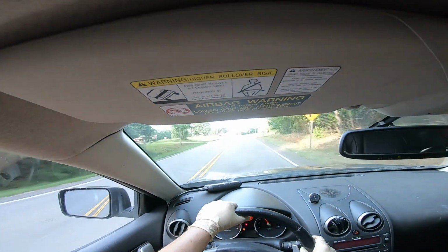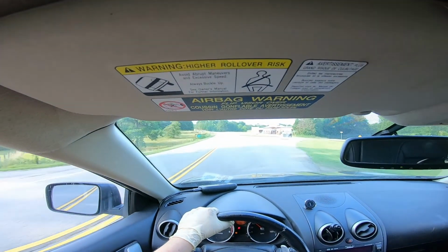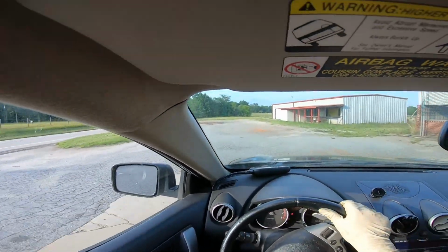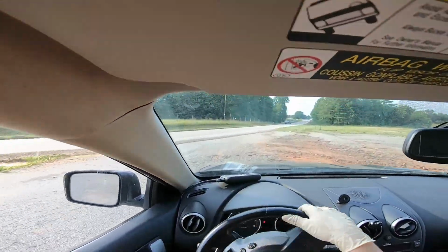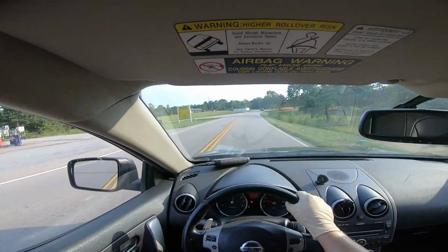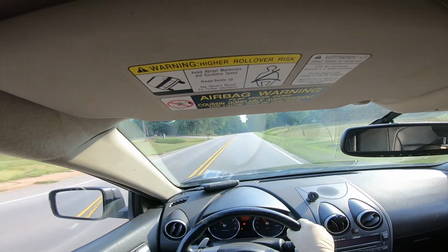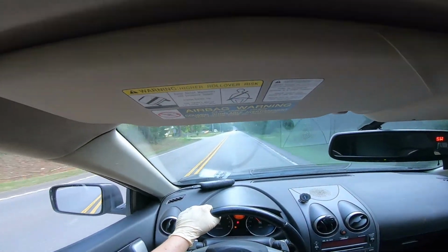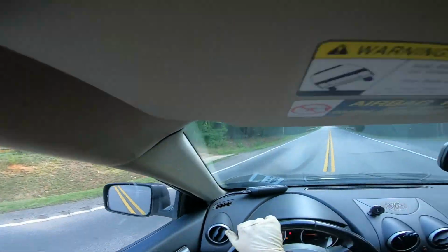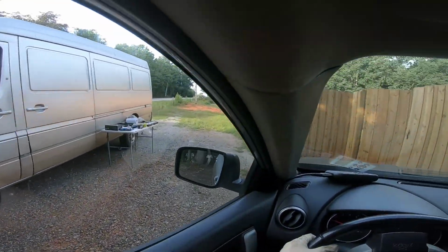So we're going to turn around by that gas station. I do feel the problem is there now. It's just not showing up on the dash. So I'm going to speed up again and just go home. Yeah, quite slow. Okay, the service engine light did flash this time, so now I am more confident that the problem's still there, even though it's very obvious, seems like common sense. But now it's time for me to replace the mass airflow sensor. And I know I'm just throwing parts at it, guys, but keep in mind, I have the parts. They are brand new. This is why, if you watch this video, if it worked for me, it's going to work for you. At this point,